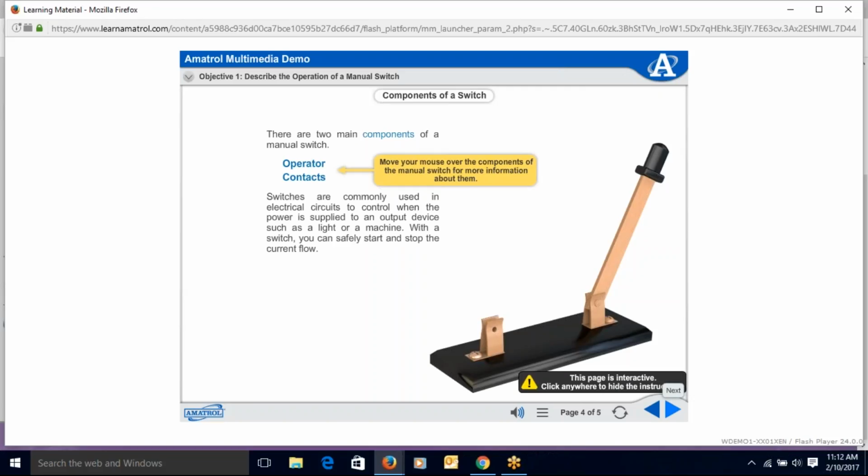Okay, and I'm going to stop it right there for a minute. Obviously, this is a very basic electrical class. This is our first level basic AC/DC class, so we're just learning some of the basics of electric switches, manual